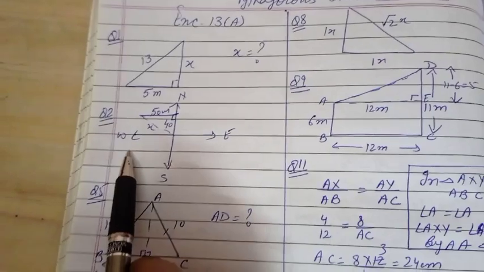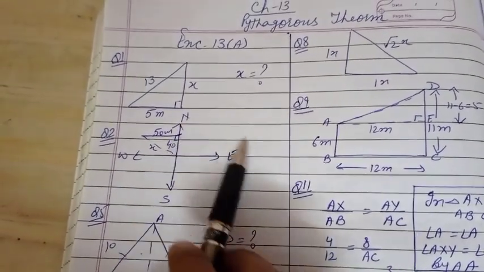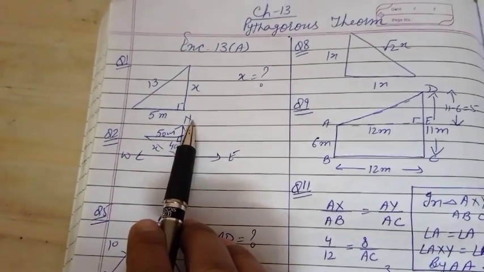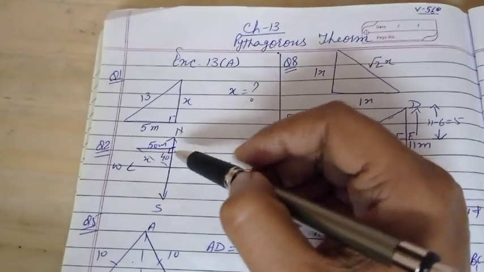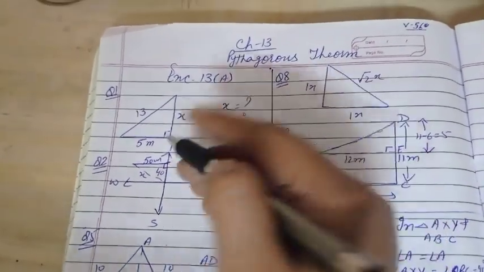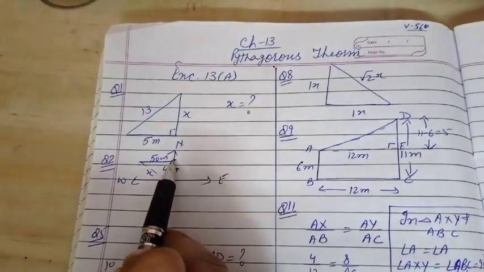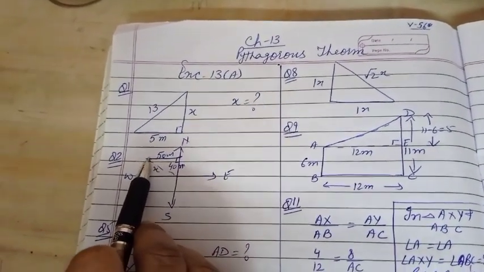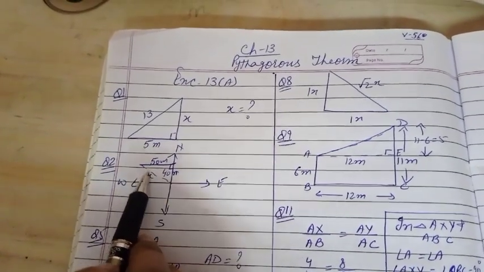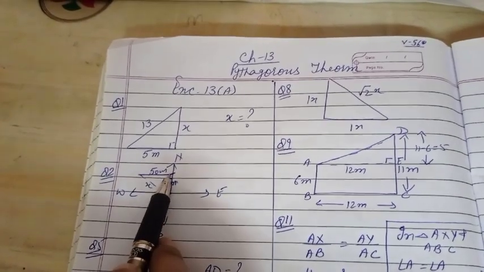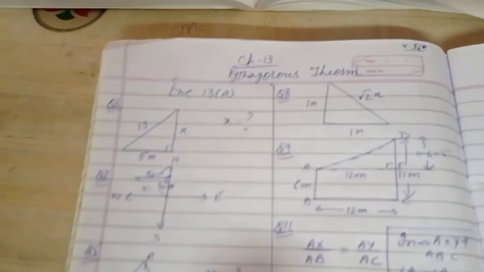Second question, a man goes 20 meter due north. As the question is concerned with directions, I have drawn directions north, east, south, west. What is the question? A man goes 40 meter due north, 40 meter this side from the original position. Then from this point 50 meters towards west. And you have to find the distance of the final point from the origin. That means this, you have to find what? X using Pythagoras theorem. This is a right triangle. Easily you can find out.